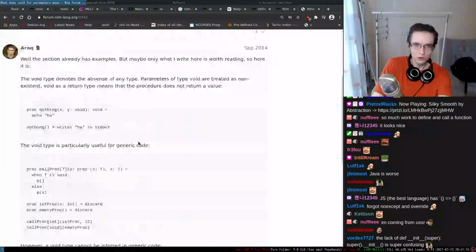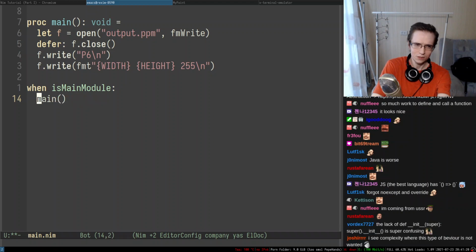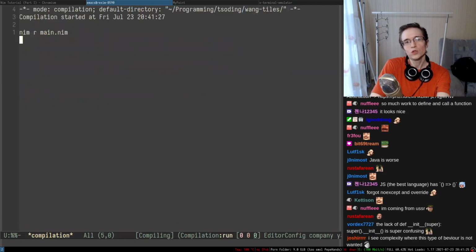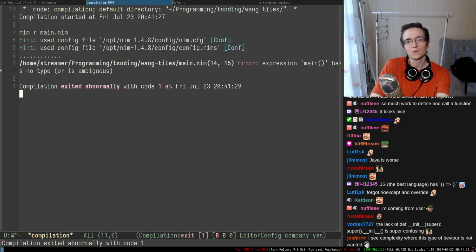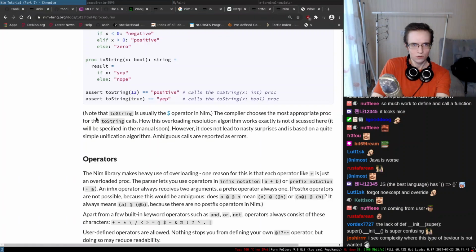All right, so let me see. I think it wants something like discard in here, but I don't really know why it wants a discard, because I don't really return anything in here, right? Special main has no type or is ambiguous. Okay, so yeah, it has no type or is ambiguous.